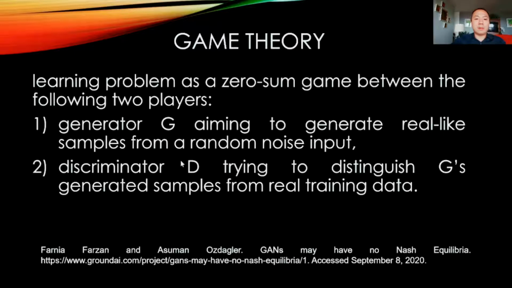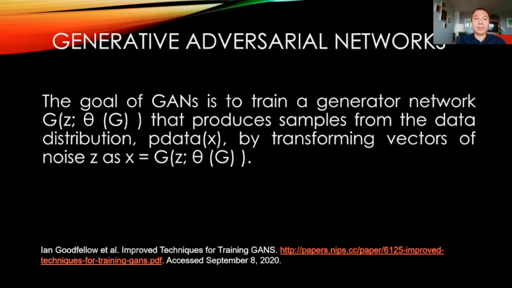And then you have the discriminator D, which is trying to distinguish the generator's generated samples from the real training data. So the discriminator is the one which tells the generator, for example, that this is wrong, or this is not a real image of what you're trying to create. So eventually the generator will come up with more images, and it will mimic, or have an image that is similar to or even better than what the discriminator is telling it. So this is just a computational example of what generative adversarial networks look like.